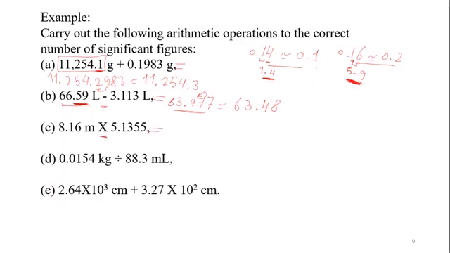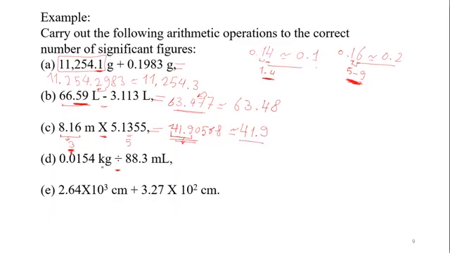In case of multiplication and division, it's a little bit different. I have to look at how many significant figures I have. In here I have 3 significant figures, while in here, 1, 2, 3, 4, 5, I have 5 significant figures. So my answer should have the least significant figures, which means my answer should have only 3 significant figures. So in that case, if the answer is 41.90568, rounding off this number to only 3 significant figures would be